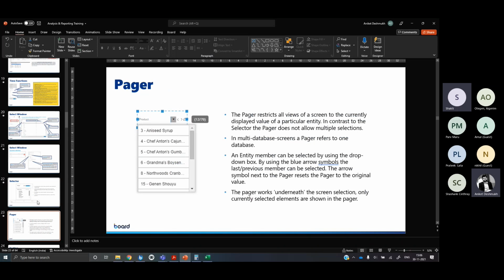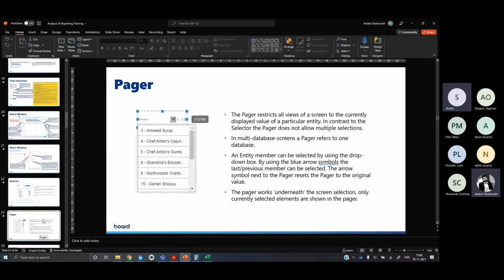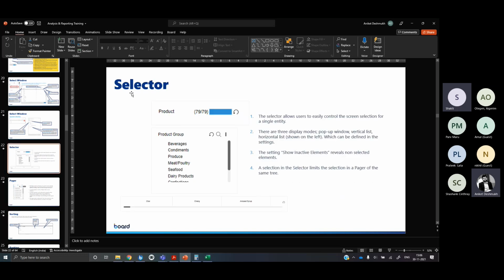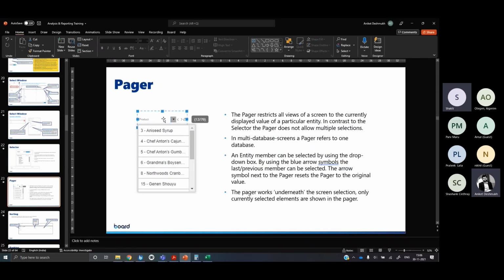What I was about to say is, to facilitate the selections on the screen, Board has provided two objects. One is called a selector, which allows you to select multiple members on the screen. Another one is called a pager, which is a drop down, where once you select from the drop down, it will select. Let me show you